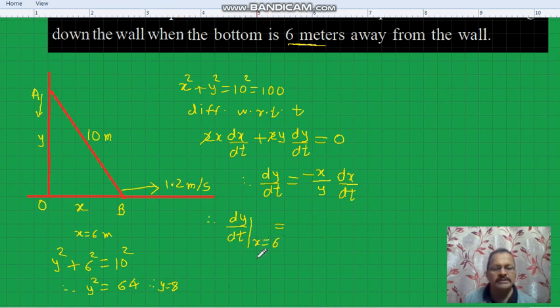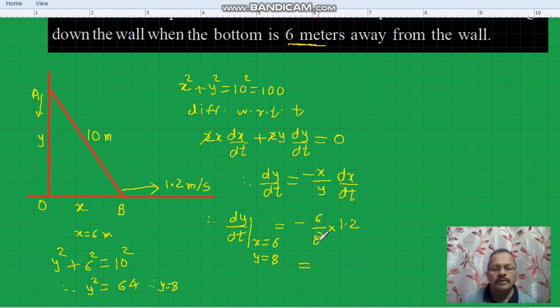So when x is equal to 6, y becomes 8, and therefore dy by dt when x equal to 6, y equal to 8 is minus 6 upon 8 into dx by dt, 1.2